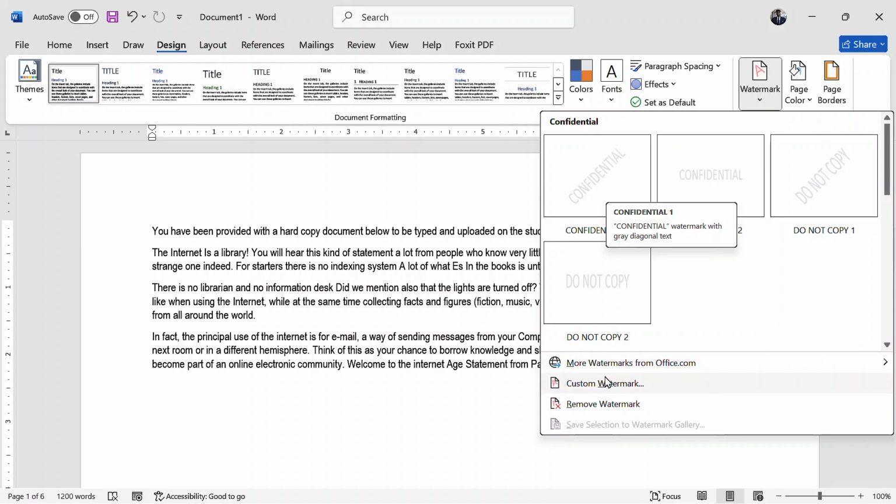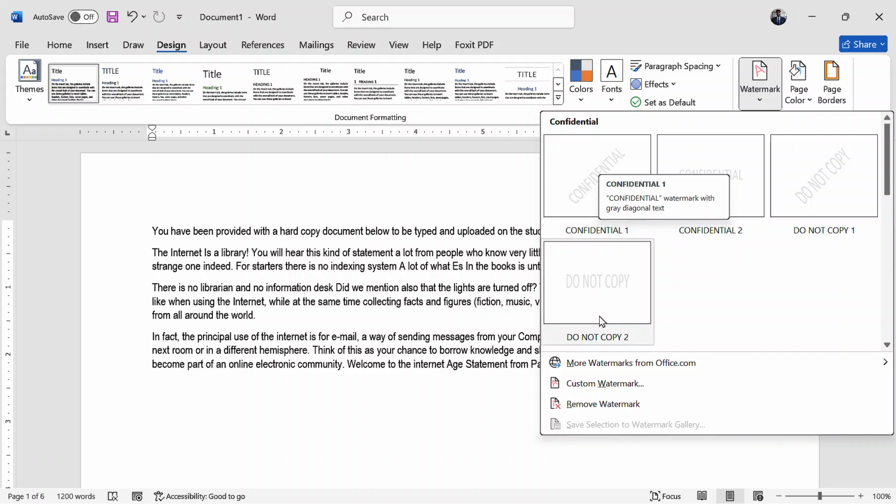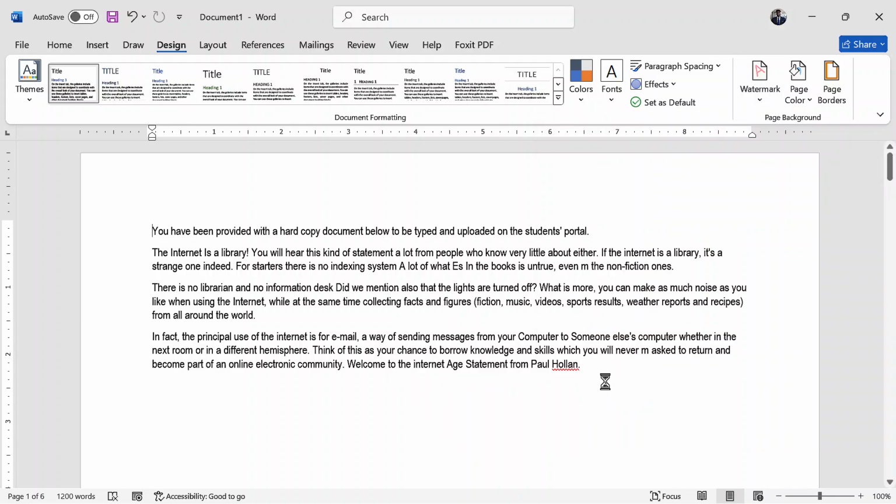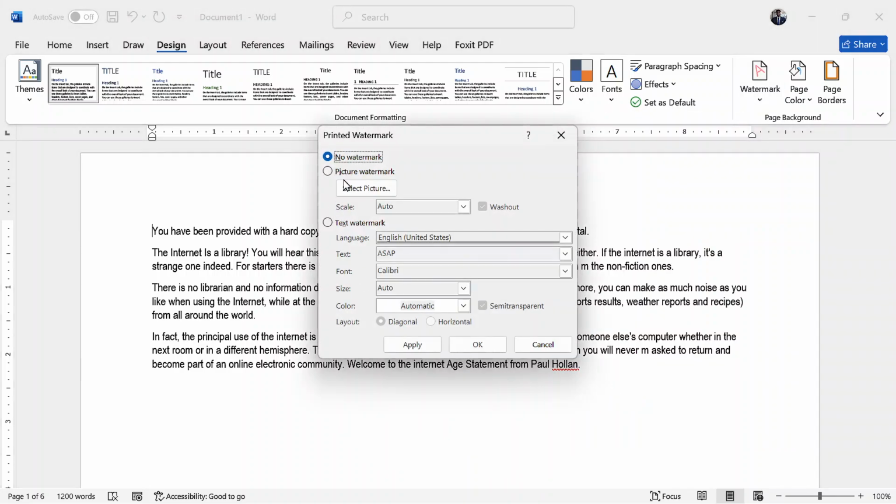You can say custom watermark, or you can use confidential, and then you edit it, and put the word of your choice. When I say custom watermark, choose text, and under text I put this is the first page, and I click apply and I click OK.